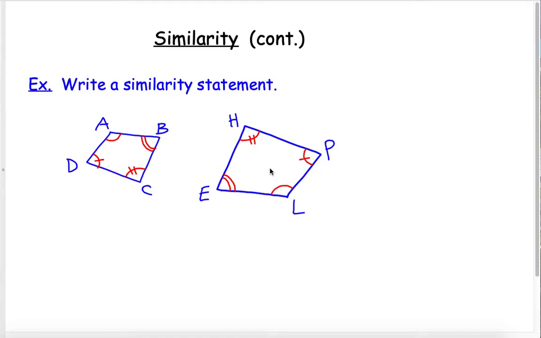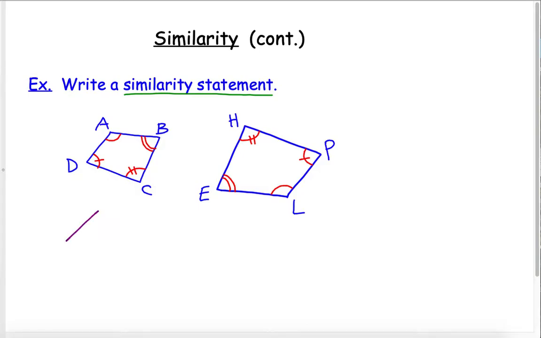Let's continue working with similar polygons. So we'll cover a few different examples. So this first one says write a similarity statement. So you need to understand what exactly your answer is supposed to look like. A similarity statement, that's like when we said triangle ABC is similar to triangle DEF. That's a similarity statement. So in this case, we have two quadrilaterals, and we just need to figure out what